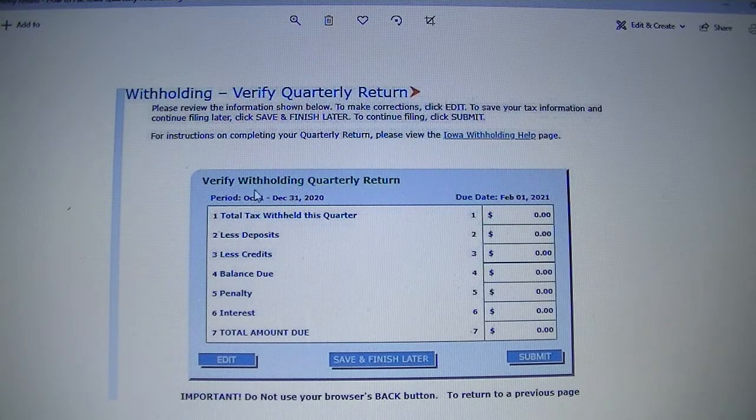And for the period October 1st to December 31st of 2020, date due February 1st, 2021. So you could either edit, save, and finish later, or submit. Once we agree with the entry, you'll notice that everything is 0 for us, but we file it. If you are required to file